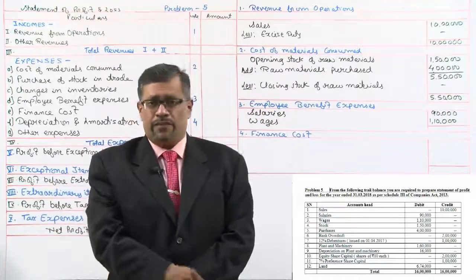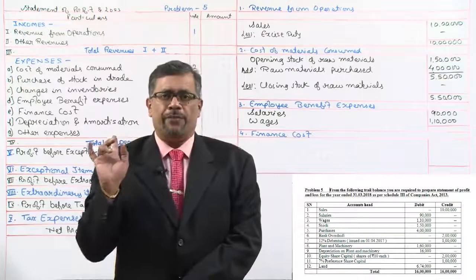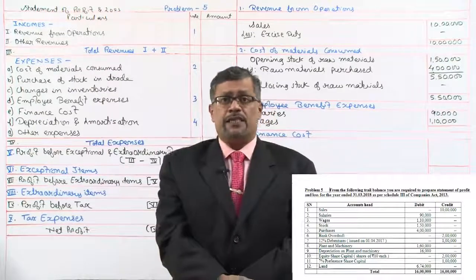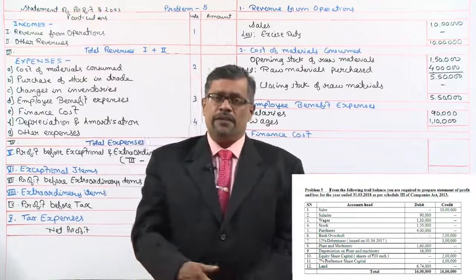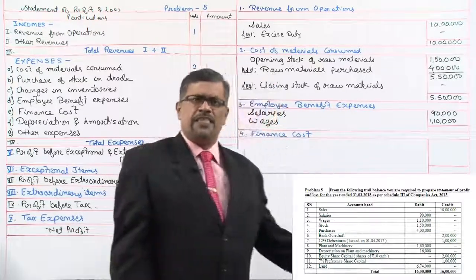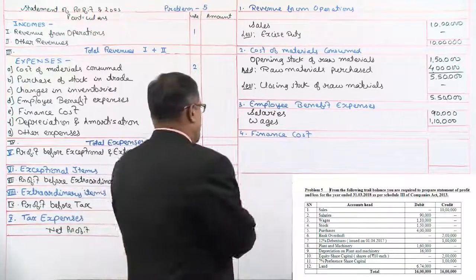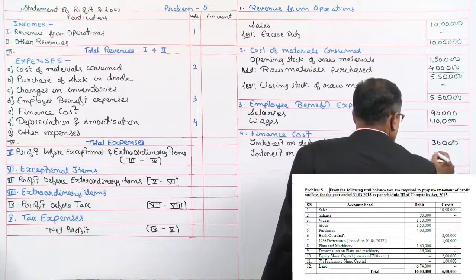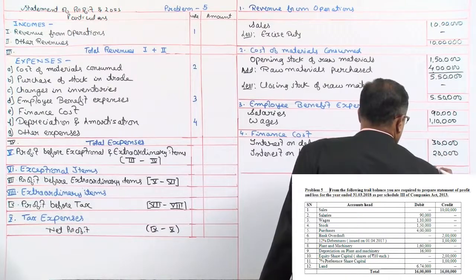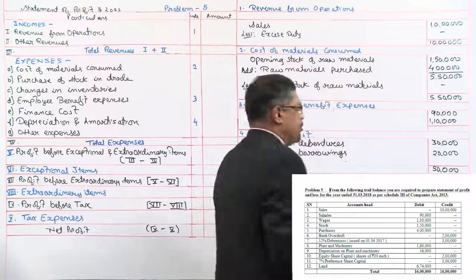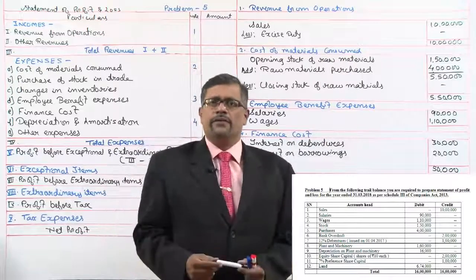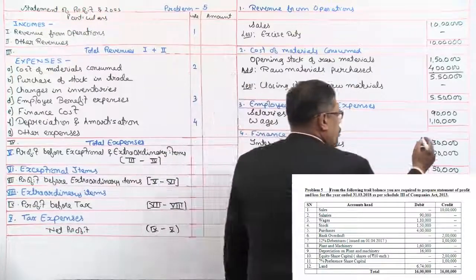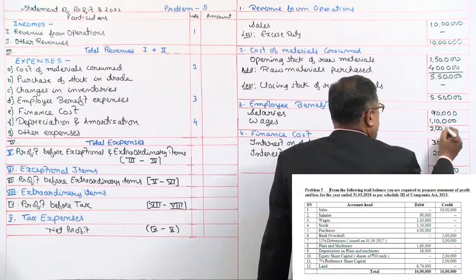After purchases, bank overdraft is a liability. A liability is not to be taken in profit and loss, but in the balance sheet. Then next, interest on debentures is given, which is rupees 30,000, and interest on borrowings is 20,000. Interest on borrowings or debentures is covered under finance cost. So let us take up both in finance cost. Interest on debentures 30,000, borrowings 20,000. The total of this note comes to 50,000. That's all. Then they have given us tax. Tax will be taken up directly. See whether all notes are totaled. Note 1, note 2, note 4 are totaled. Note 3 is 2 lakh rupees.